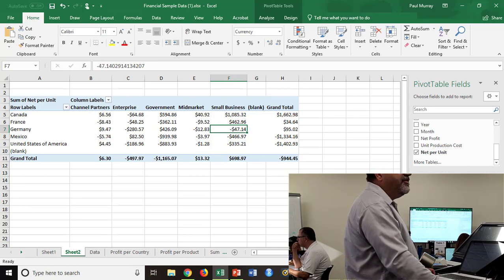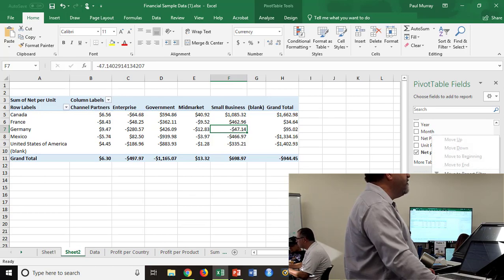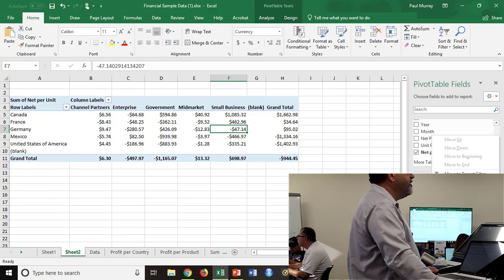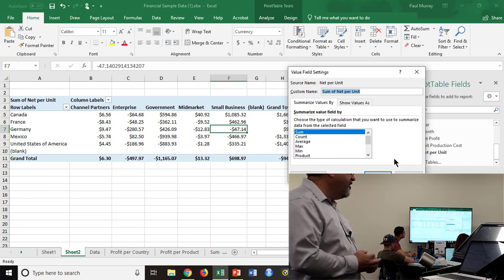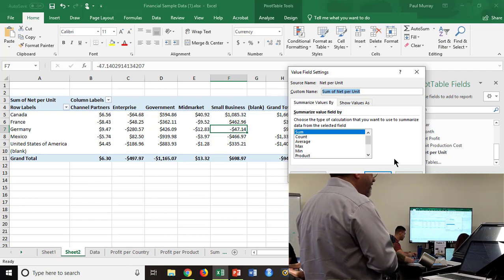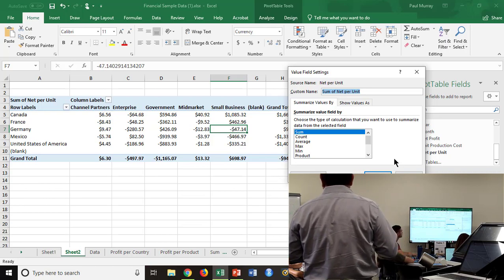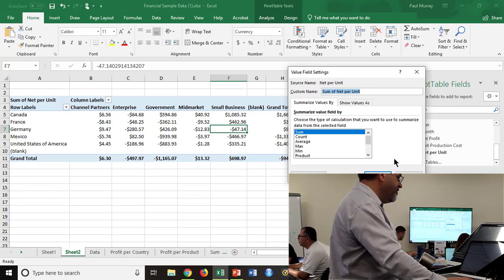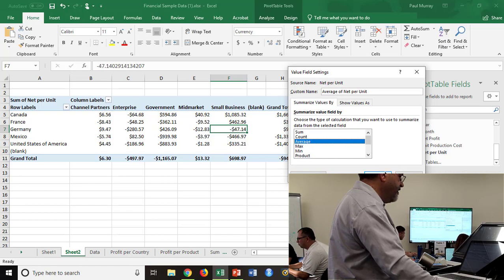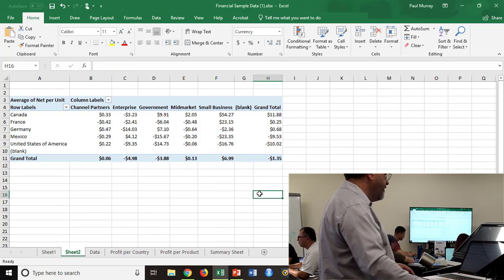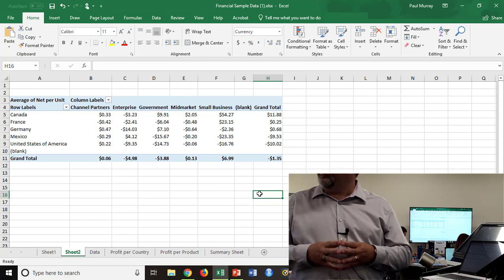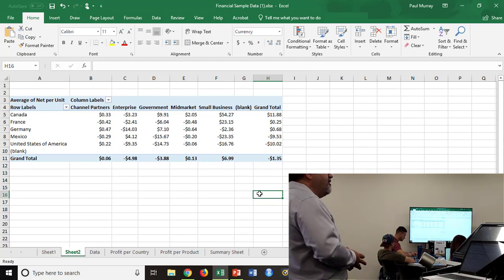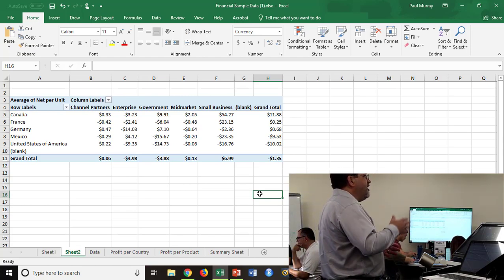Notice there's a little triangle here. I'm going to click on that and go to Value Field Settings right at the bottom. And it brings up a bunch of different options. So I can do sum, count, average, minimum, maximum. A lot of different ways you can summarize your data. So I'm going to do average. Okay, now I have a table that gives me the average net profit per unit for each of these categories